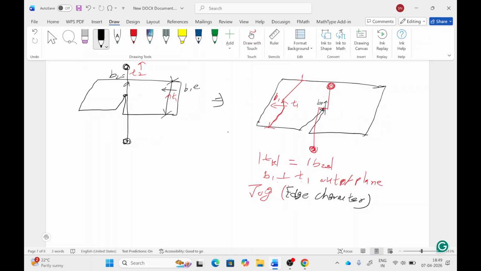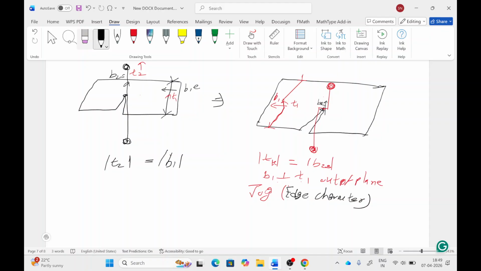Here for edge dislocation, the amount of T2 displacement will be equal to, sorry, this is B2 and will be in this direction. So this is the amount of